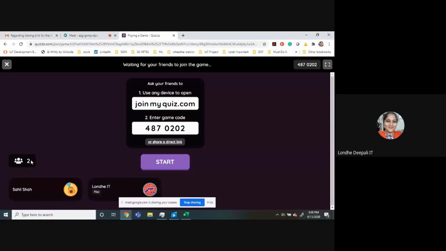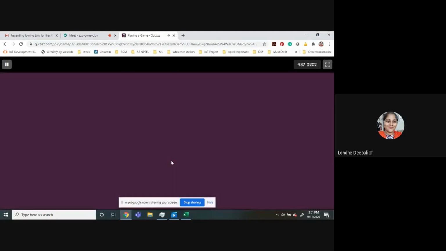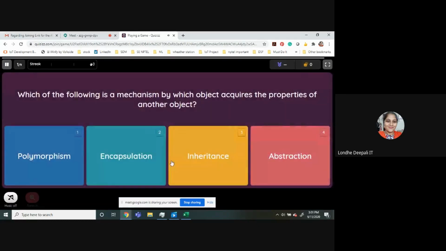As soon as you join, you will find that there are more people along with me. Now there are 3 people who have joined. You can see that on the left hand side. Now 4 people have joined. As an instructor, I can start this quiz and I can see how many students have joined, and they can continue joining. Now 6, 7. Let it go till 10 and then we can start. So we can start, and you can find that the quiz has started. So you are going to take this particular quiz along with me.